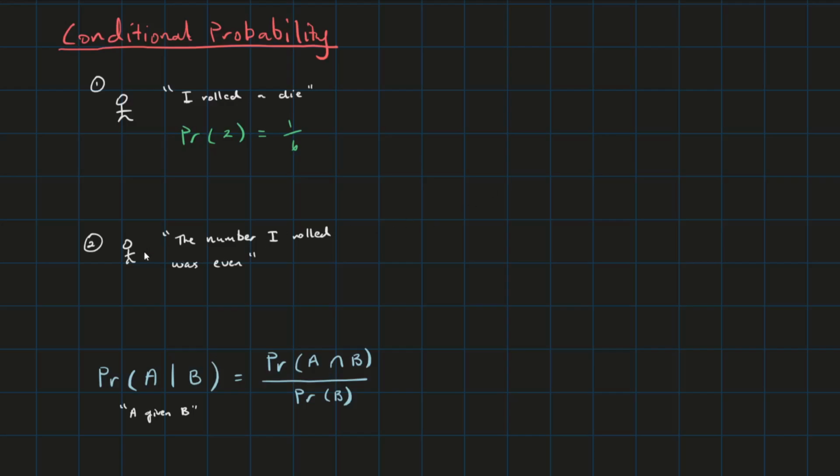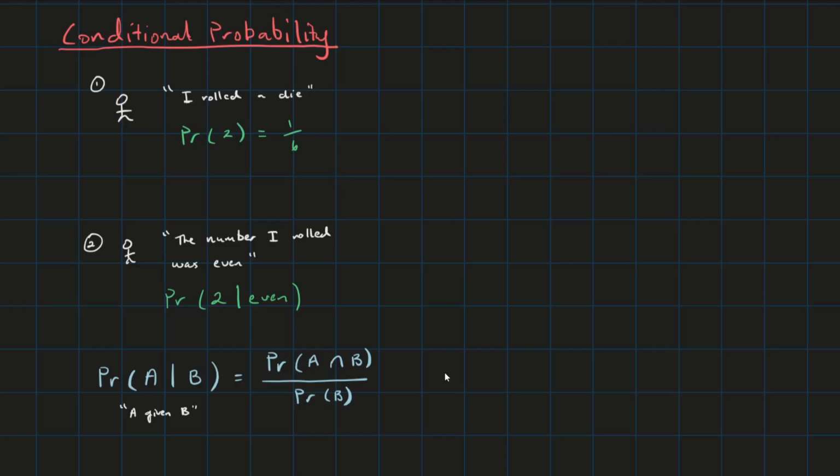Now, in the second part, I've now told you that the number I rolled was even. So what happens to my probability now? Well, technically, if we knew no information about the number that I rolled, then the probability would remain the same. But now I've told you some information, which changes the probability. And the way that we write that is the probability of rolling a 2, and then this vertical line, even. What this means colloquially is that I'm trying to evaluate the probability of rolling a 2 given I know that